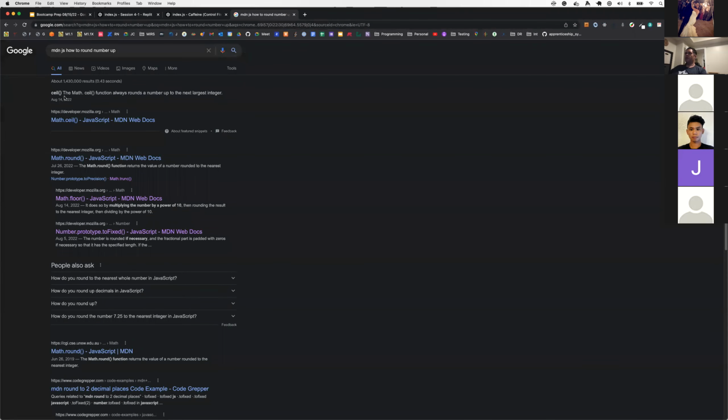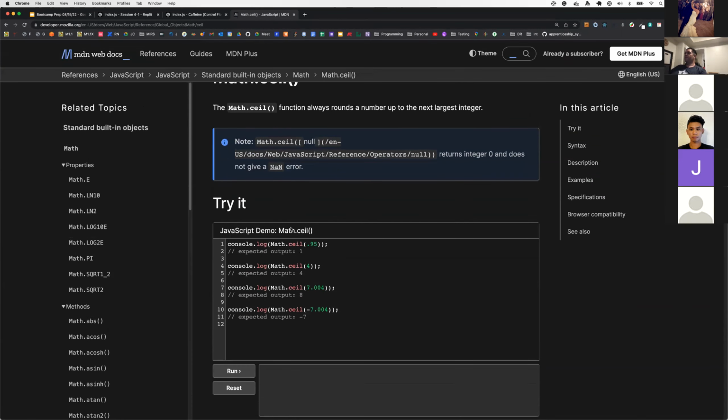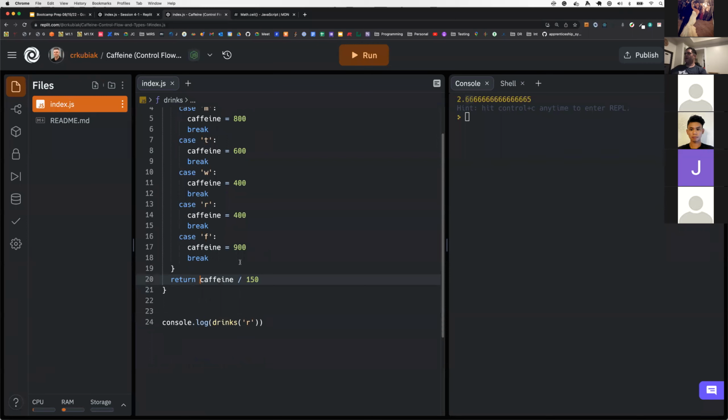All right, so the math.ceil function always rounds the number up to the next largest integer. So math.ceil and then my number. So now I can come back here and say